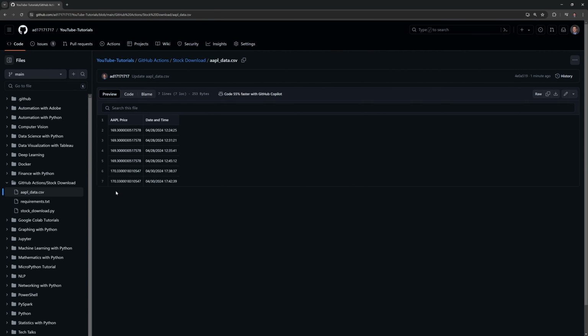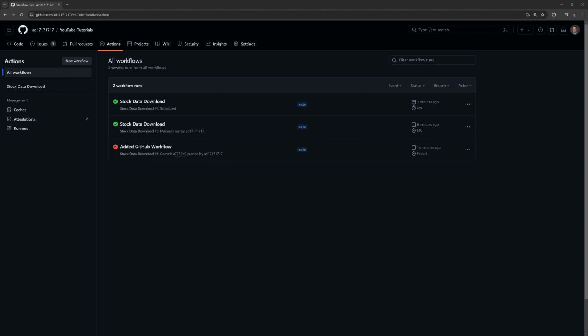Since I also included a cron job, what I'm going to do is go back to Actions and wait 10 minutes to see if the GitHub action will execute. After about 10 minutes, coming back to the Actions tab, we can see that we have another workflow run. And we can see why GitHub Actions is such a helpful DevOps tool, because it can take the manual process out of the equation and help us automate our code base and make things more efficient.